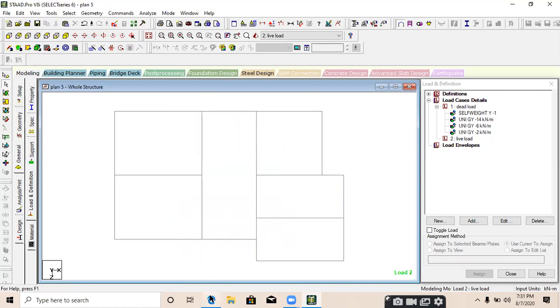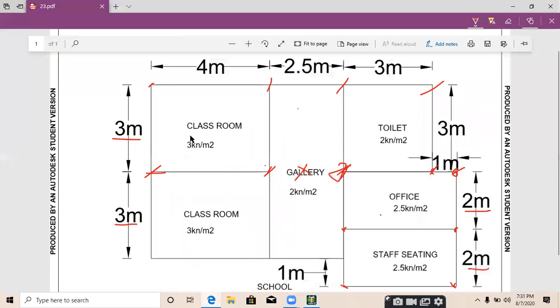Okay, now what are the live loads? In this particular classroom, I need to apply 3 kilonewton per meter square. In this classroom also, you need to apply 3 kilonewton per meter square. This corner will be the minimum range and this corner will be the maximum range of the same load. If the load changes here, like 3.5 or any other load, we need to apply the maximum range at this particular column for this room.